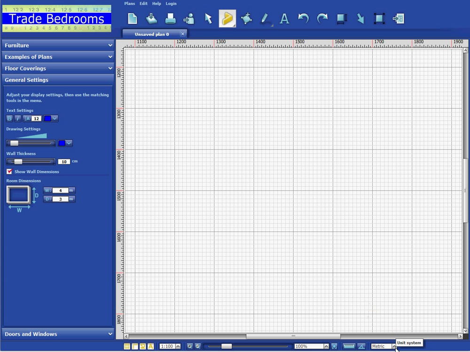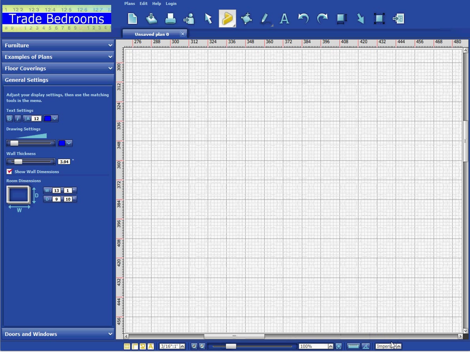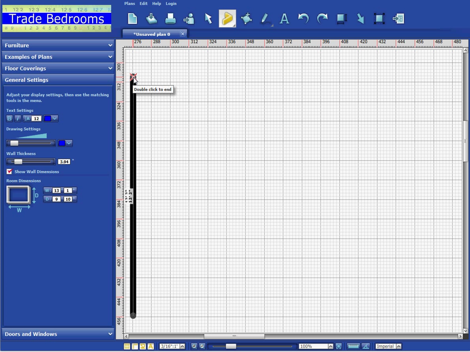Before we draw the room, we can decide if we want to do the measurements as metric or imperial, whichever you're more comfortable with. We're happy either way. So we'll go imperial at this stage here, and then picking a corner of the room. So I'll start in this bottom left corner. We do a single left click, that starts the wall, and then we drag the wall to the length that we want. So whatever you've measured your room as, then we do a single left click and we drag off